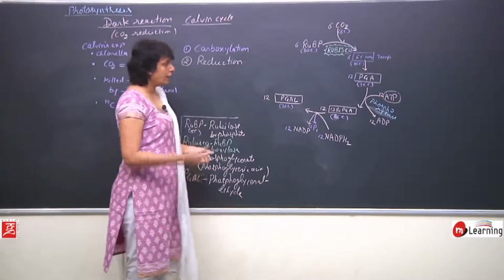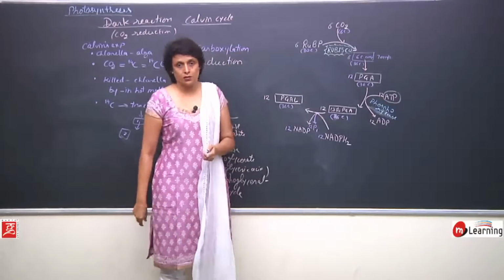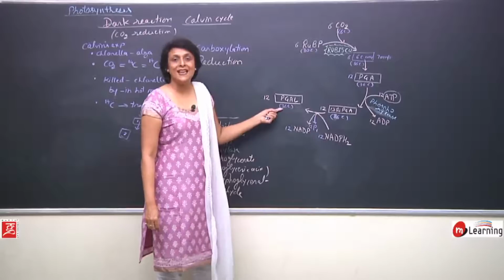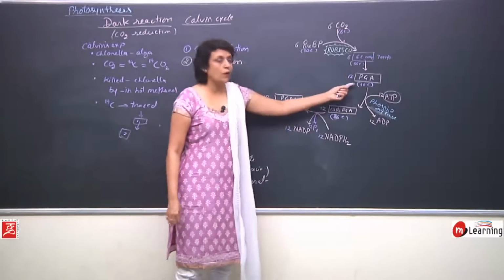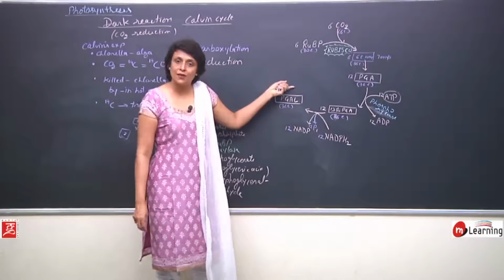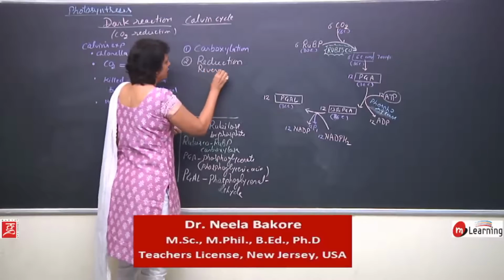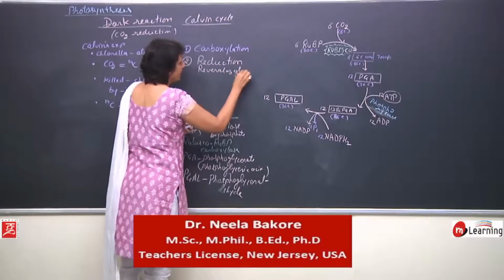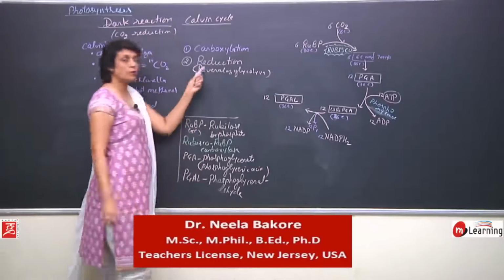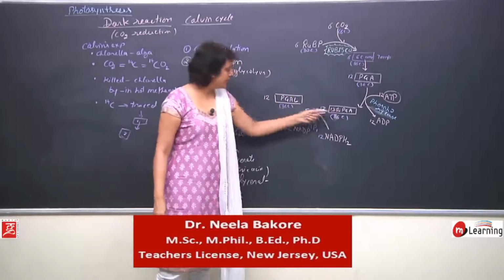And if you are able to recall what happens in glycolysis, in glycolysis, phosphoglyceraldehyde changes into phosphoglyceric acid. So it is exactly reverse of glycolysis. So here it can also be written as reversal of glycolysis. But the step is known as reduction, where phosphoglyceric acid is reduced to